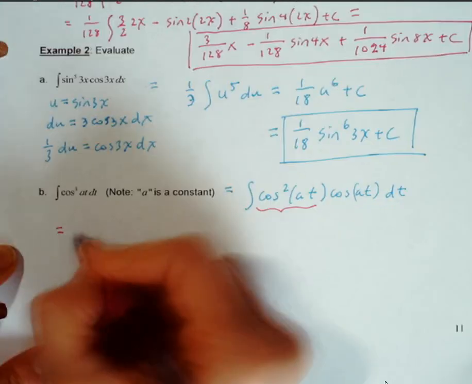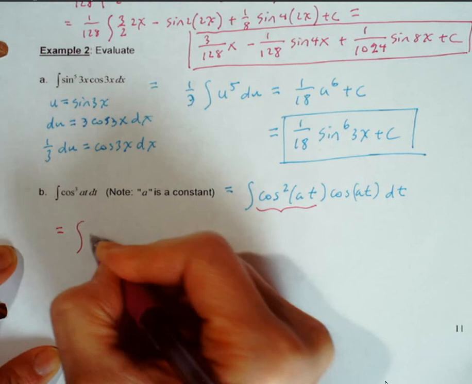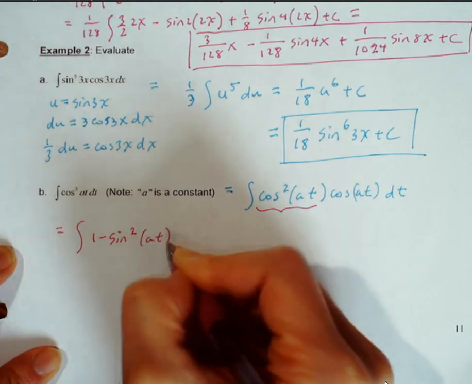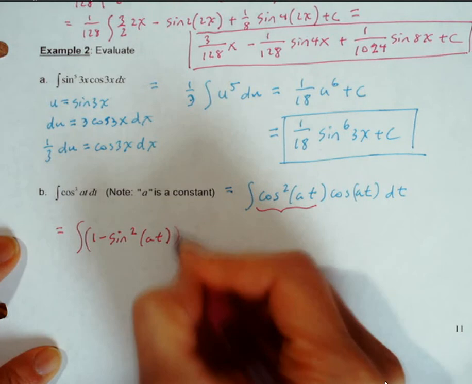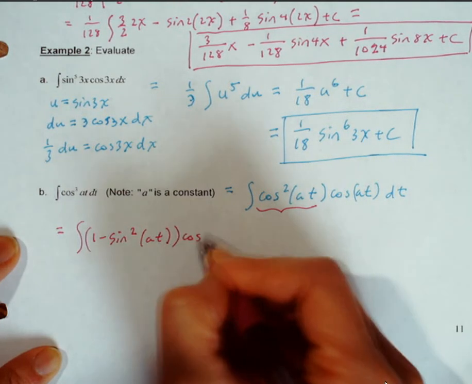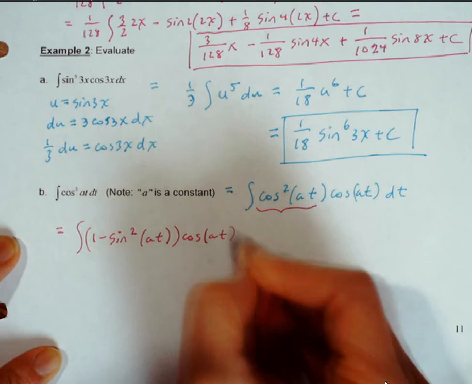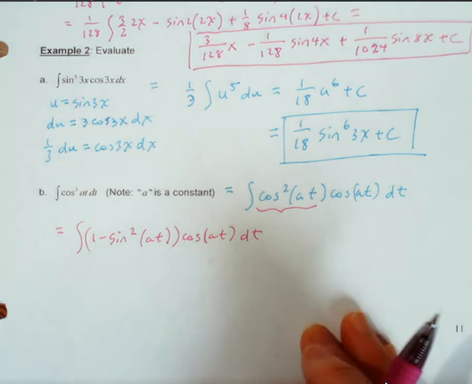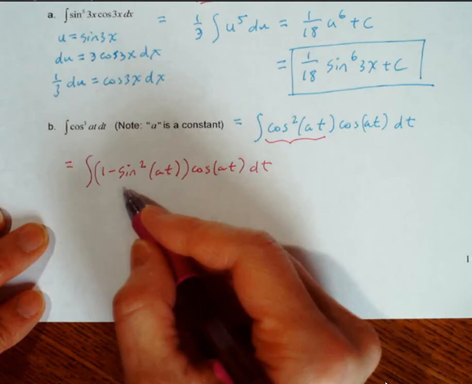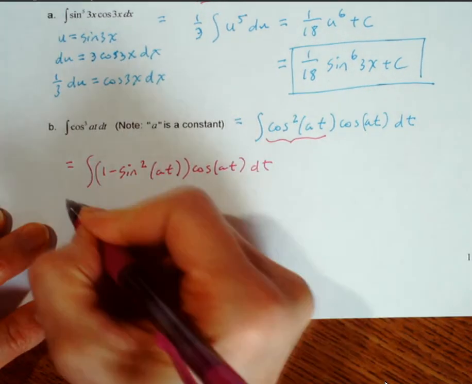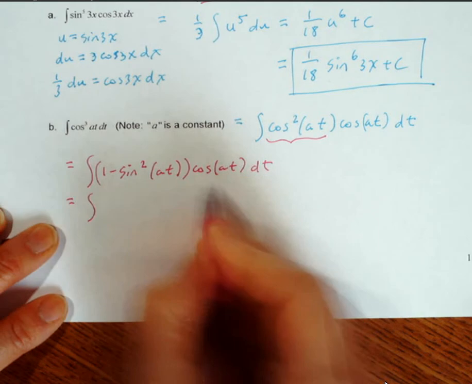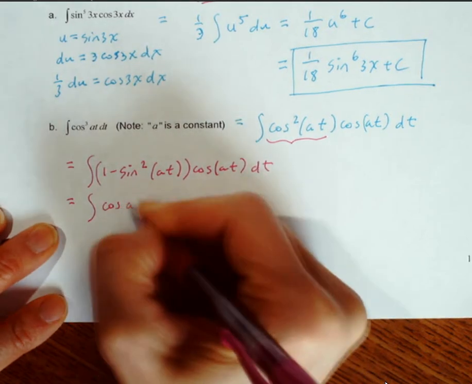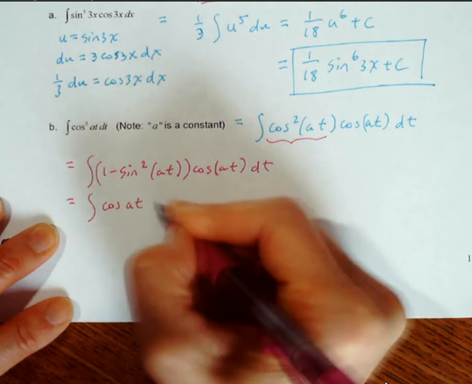Okay, so then that's going to equal integral 1 minus sine squared at, and then I'm going to multiply that by what I have left over there, which is cosine of at dt. And then I will multiply through, so then that gives me integral, I'm taking cosine of at times this, so that's cosine of at